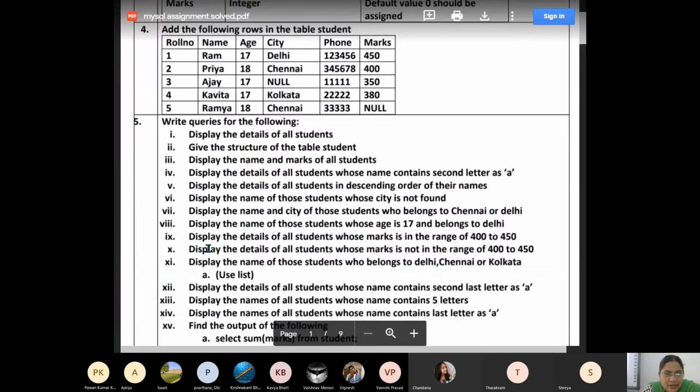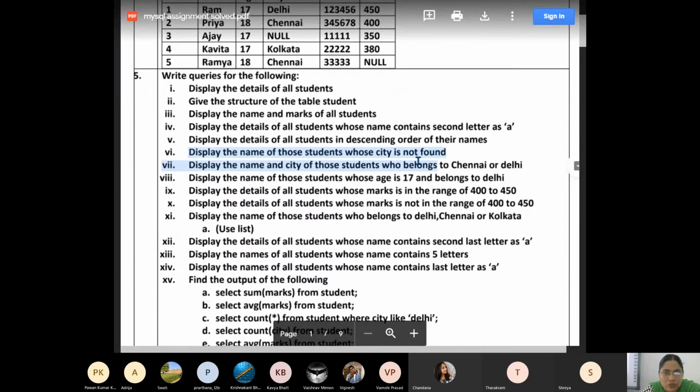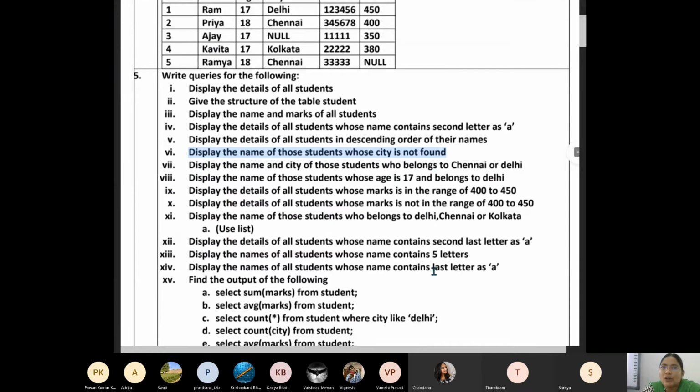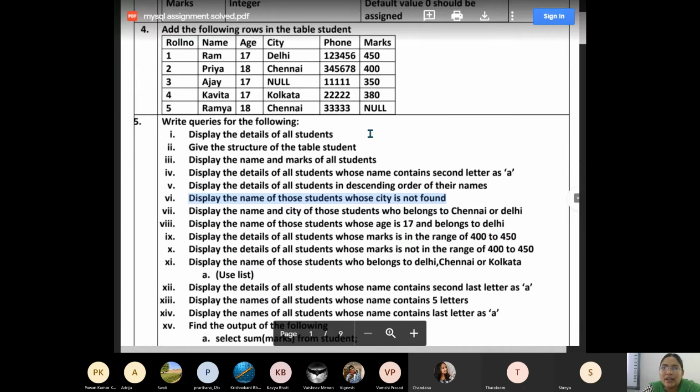Now next, display the name of those students whose city is not found. Whose city is not there. Okay. So whose is not there? Logically we can tell. So that is Ajay's. Only Ajay's details to be displayed. All details are to be displayed or only name? See the question.